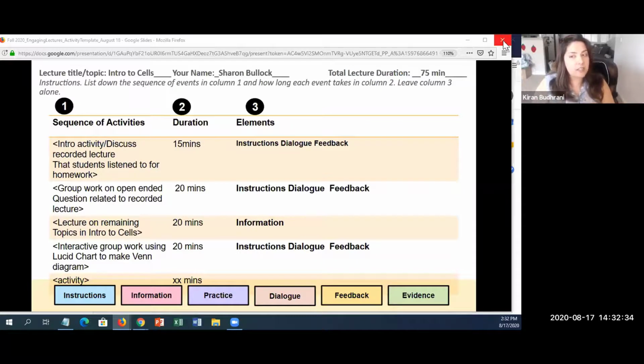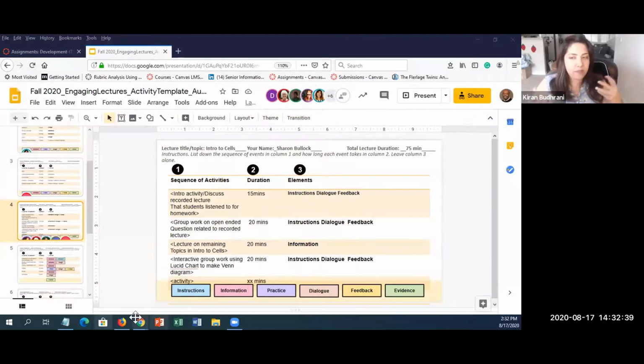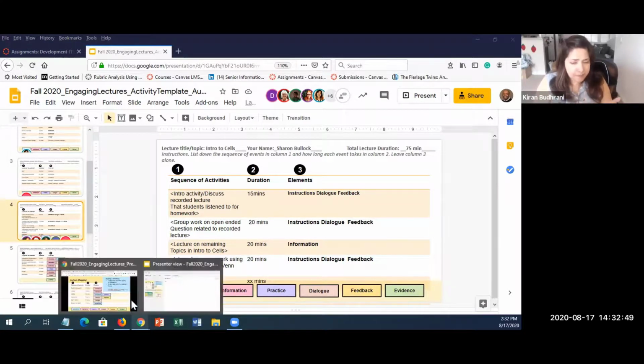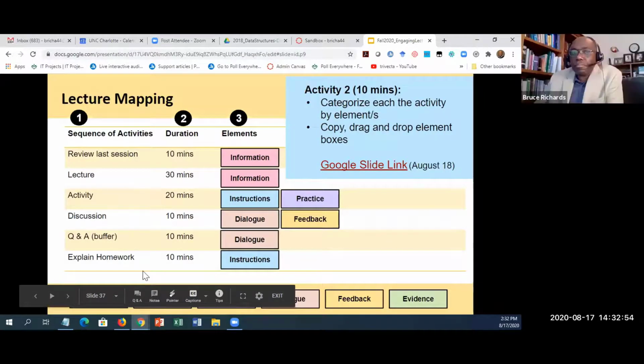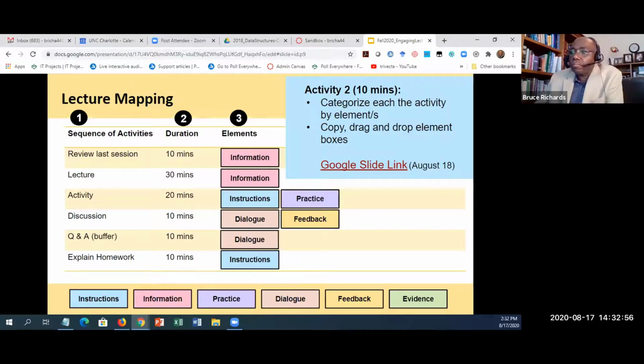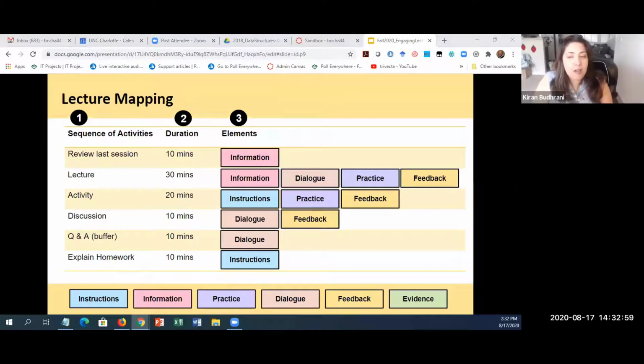It really tells you that as you think through elements, you will have to think about specific tools to be used for each of them. For example, if you have instructions or content information, how are you going to deliver it, or how are students going to give you information? If you want dialogue, how are you going to engage in dialogue, or how are they going to engage in dialogue? If you need to do feedback, how are you going to give feedback? How are they going to get feedback? How are they going to give each other feedback?